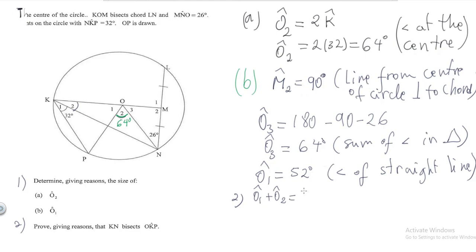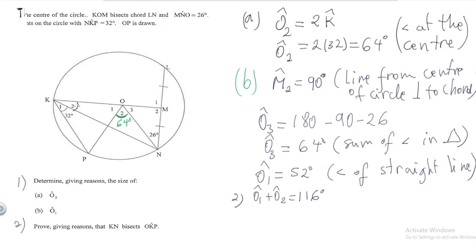O1 plus O2, if you look at, will be equal to 116. Alright? 100 and what? 16 degrees. So, if we know these two angles, now, as this OK is a radius,